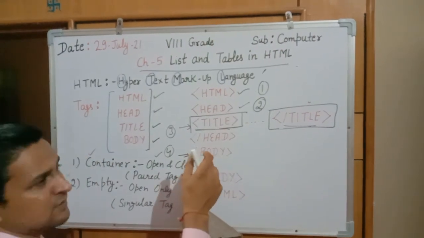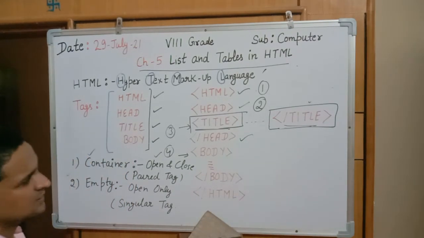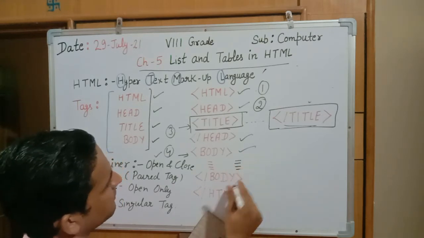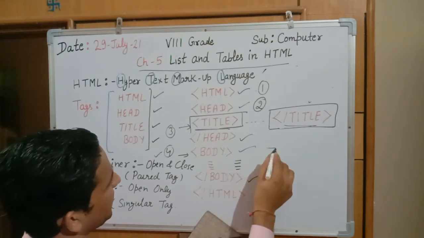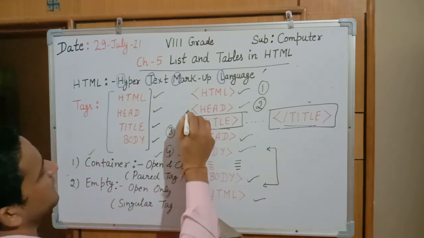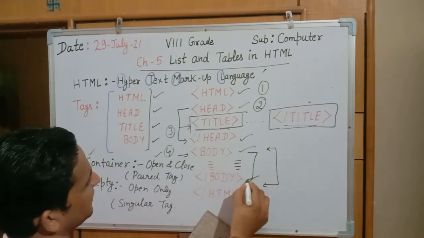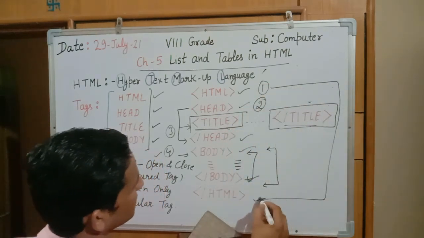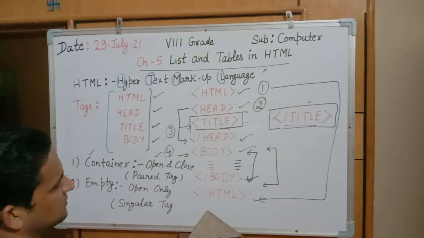After completion of title, we need to close the head tag. After the head tag, the body tag will start. Whatever we want to write in the body tag, we will write as statements. Afterward the body tag will also be closed. After completion of the body tag, only one tag is left to complete, and that is HTML. See now, head is closed here, title closed here, body closed here, and HTML closed at last. HTML started at the start and it closed here. All these tags are known as container tags that open and close.